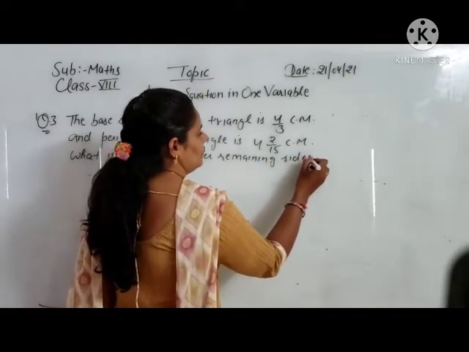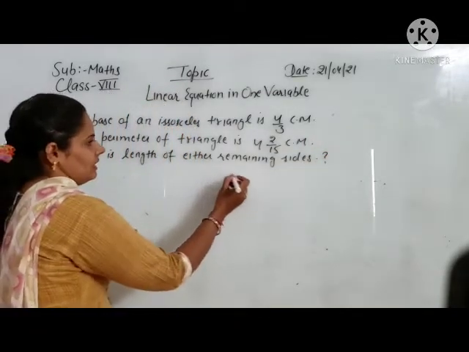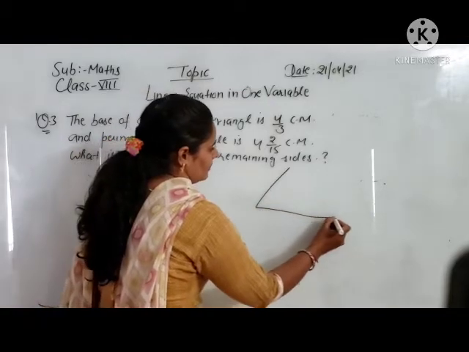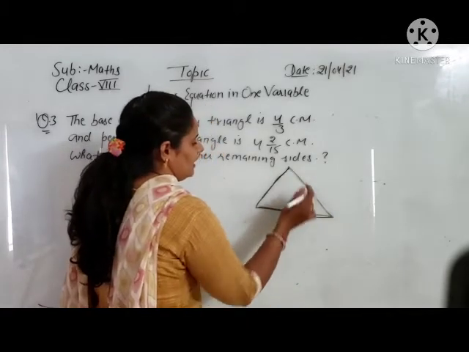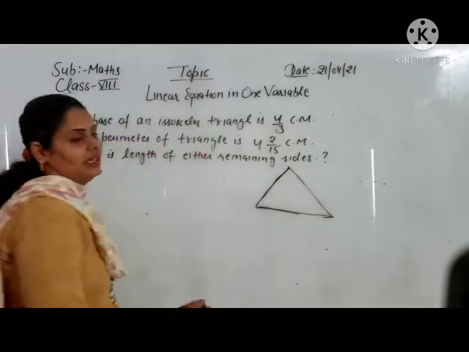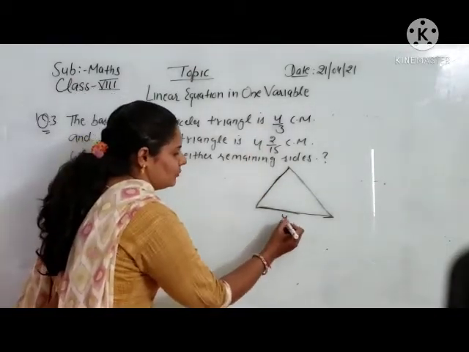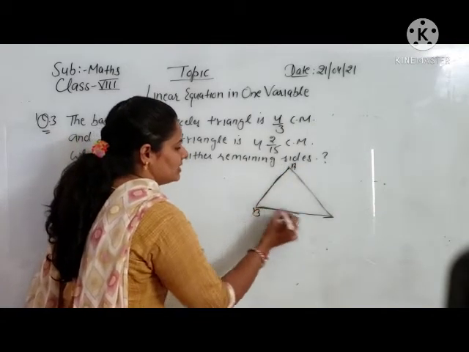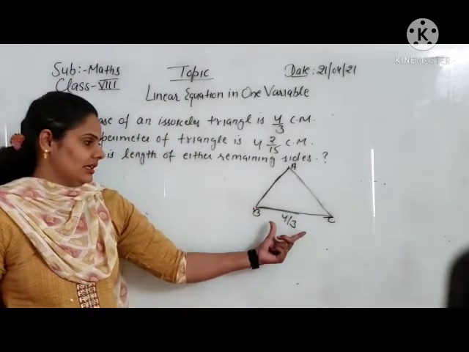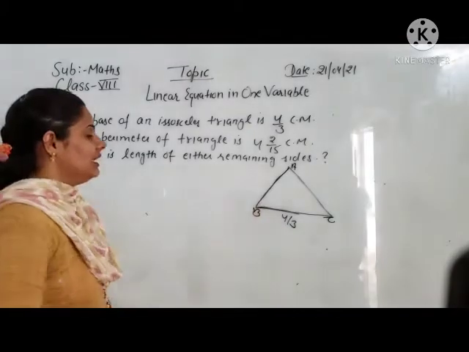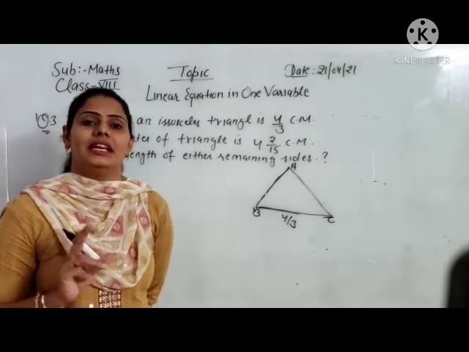First, all of you have to know what an isosceles triangle is. Okay, first you can see here I am making a triangle. An isosceles triangle is a triangle where two sides are equal except the base. The base is different and the other two sides are equal. Here the base is already given, it is 4 by 3. ABC is an isosceles triangle, and you can see BC is the base, which is already given in the question as 4 by 3 centimeter. Now the other two sides will be equal sides. In an isosceles triangle, two sides are equal.